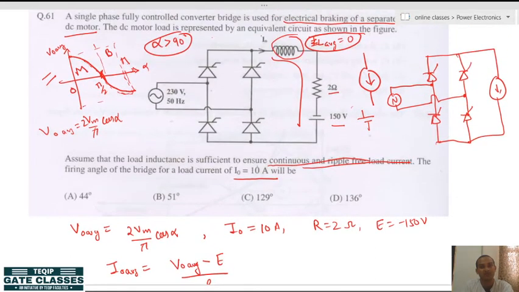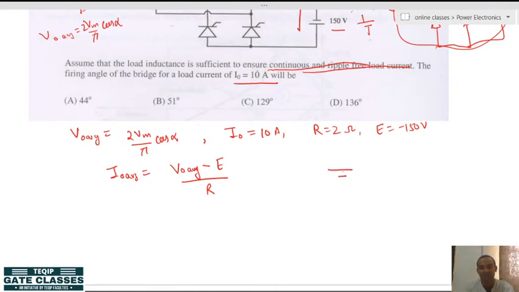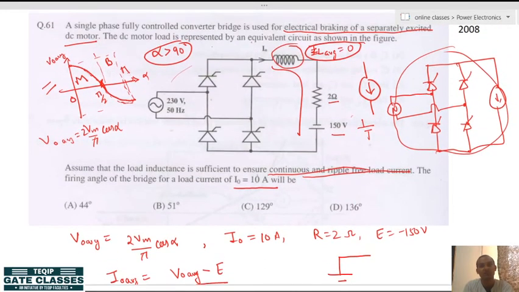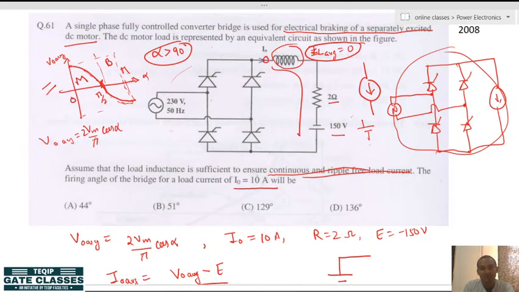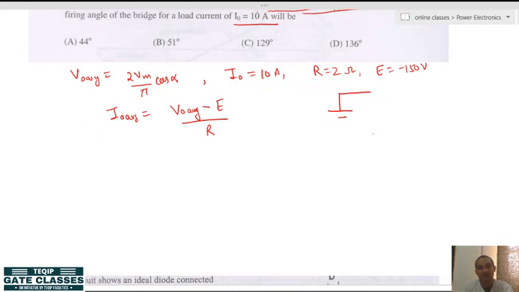Because we can replace this whole circuit by another modified circuit like this. Suppose you remove this load terminal. Then up to this point, this circuit can be replaced by this, where the EMF of this battery is basically V naught average, and then you can connect the load here, alright.